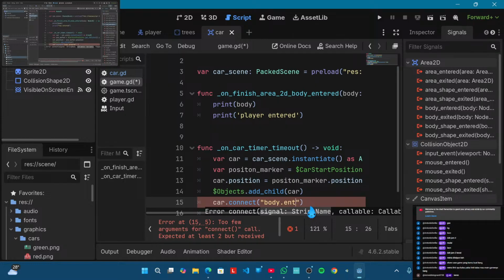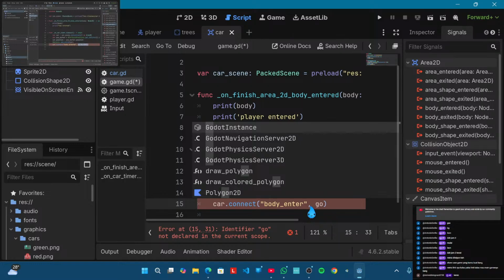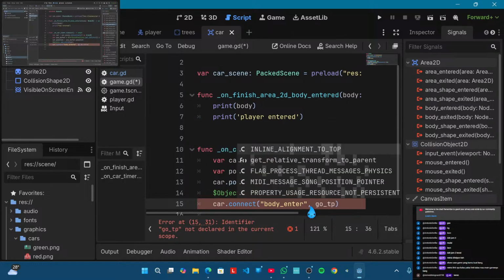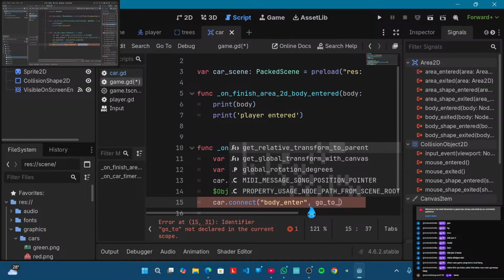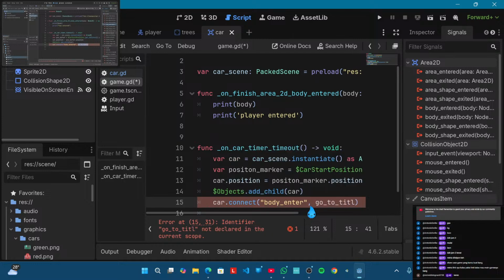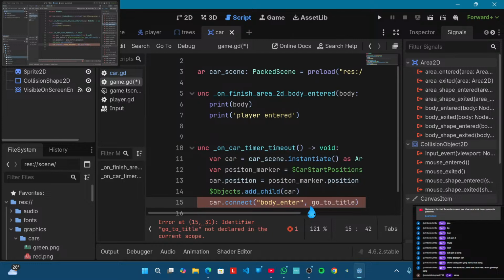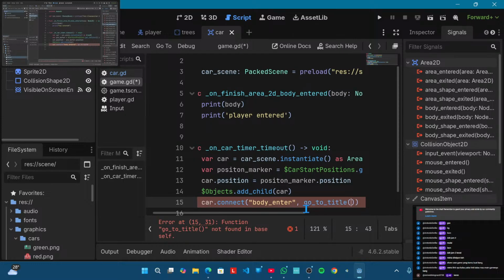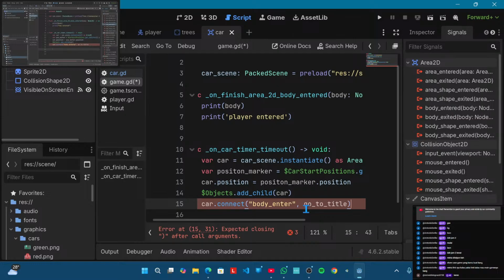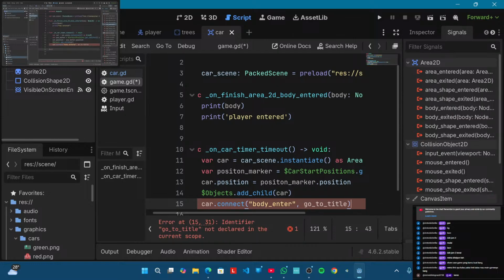The second argument is then the function that you want to call, which in my case is going to be go_to_title, because that's what we later on want to do once there is a collision. Also, really important, I want to pass this function as an argument in here, but I do not want to call it, meaning there shouldn't be parentheses afterwards. We only want to have the word go_to_title without anything else. After that, I want to create